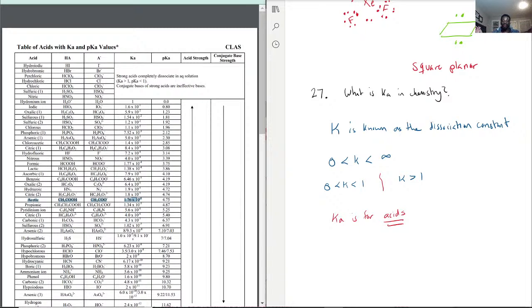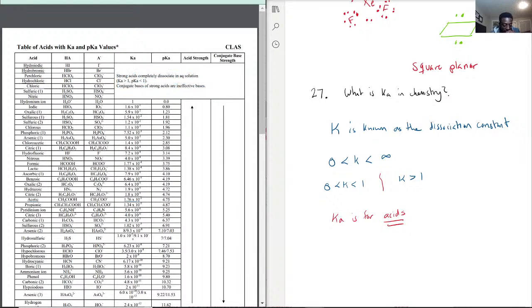It likes to be apart. That's because its Ka value is much greater than 1, making it, as you probably guessed from discussions before, a strong acid. That is actually where they get the terminology of strong acids and weak acids, because when your Ka is greater than 1, as you see here on this list, you become a strong acid,